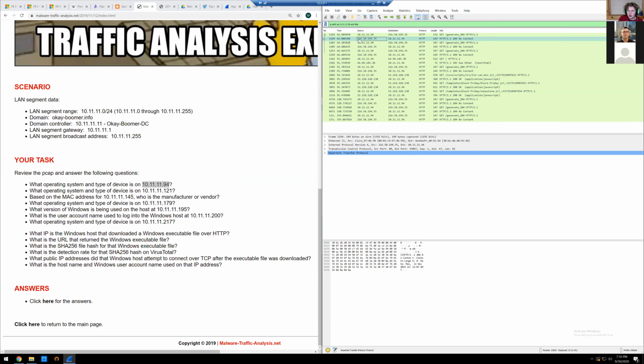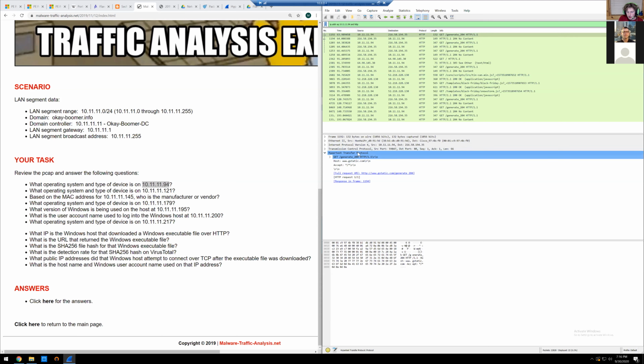The server being this 216 address to the 10.11 address, but you want it to be from the 10.11 to the server. So you want to make sure the source is the device in question. And you just click the HTTP header within the packet, and you'll get the GET request, expert info,